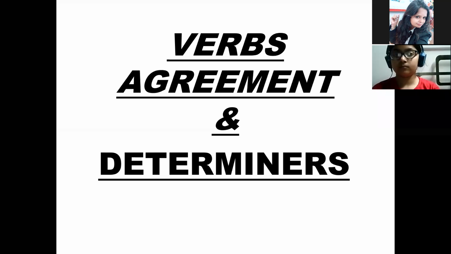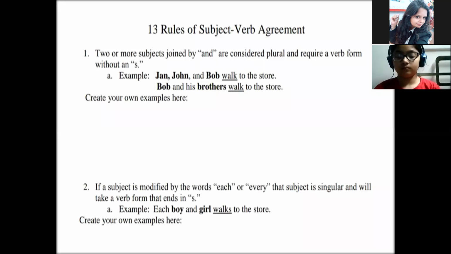So class, today we are going to talk about verb agreement, where we'll come to know how the singular or plural form of the verb is used in a sentence as per the subject. Because there are many types of subject which generally are not clear with their singular or plural form. So with the help of rules, we will study the rules to be used for verb agreement. Now, the